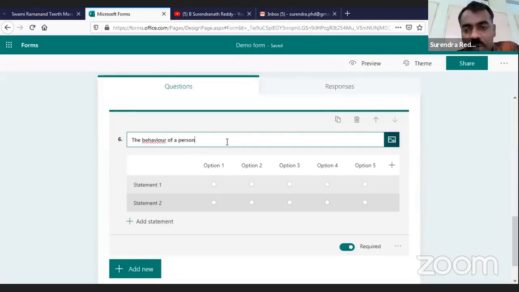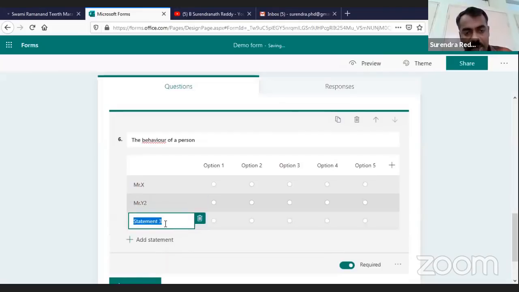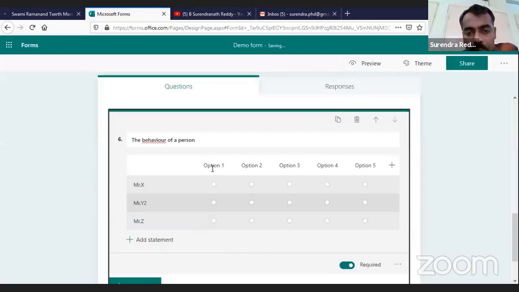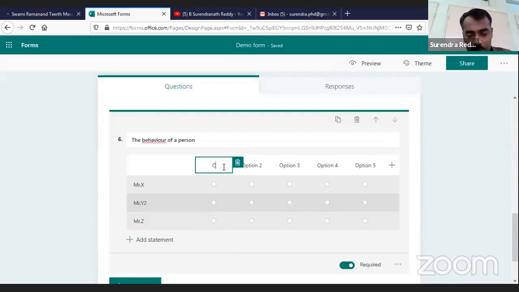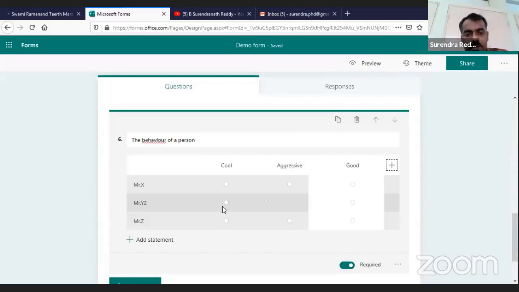So the behavior of a person, I will write here, suppose Mr. X, and Mr. Y. If you want, you can keep on adding here by clicking plus add statement, Mr. Z. Now I will write option names, for example, cool guy, or aggressive, or good human being, whatever you want to add. If you don't want, you can delete this. So we have three persons, and students or participants can rate these persons.